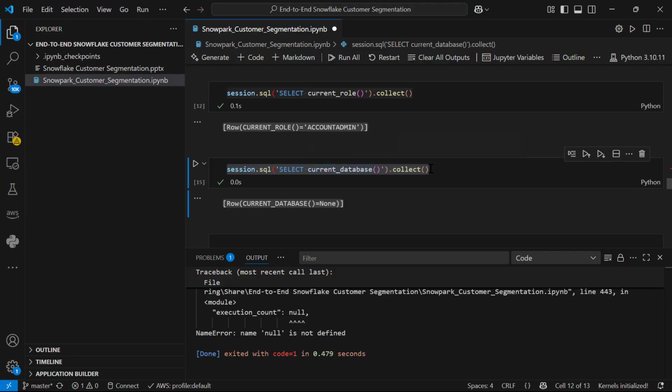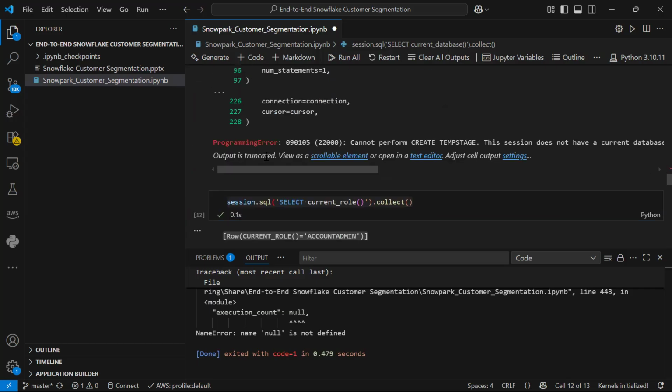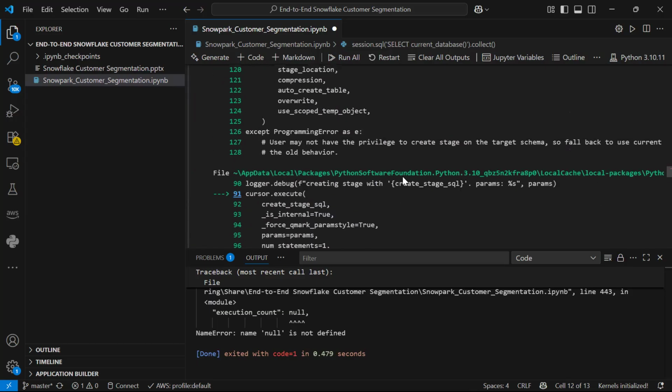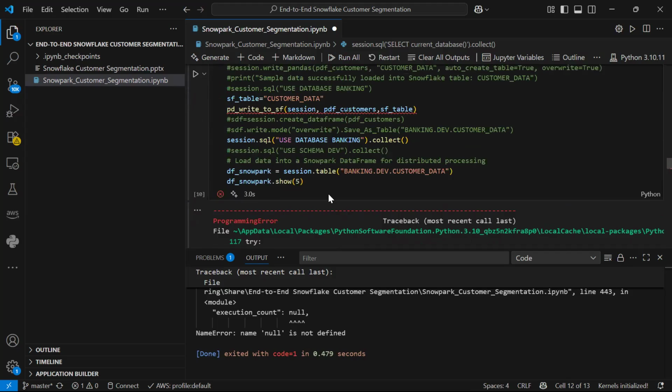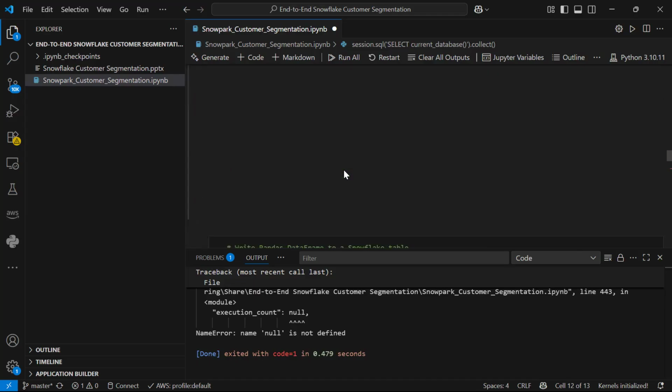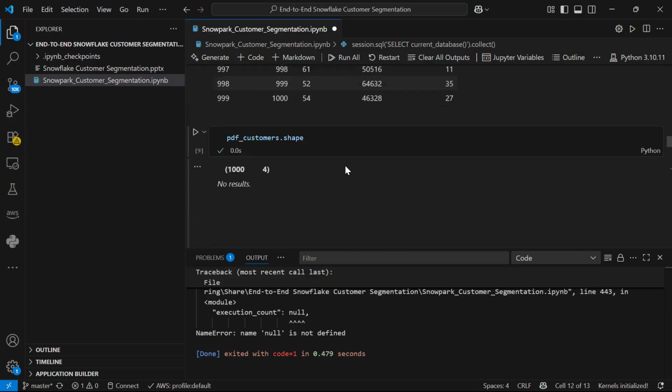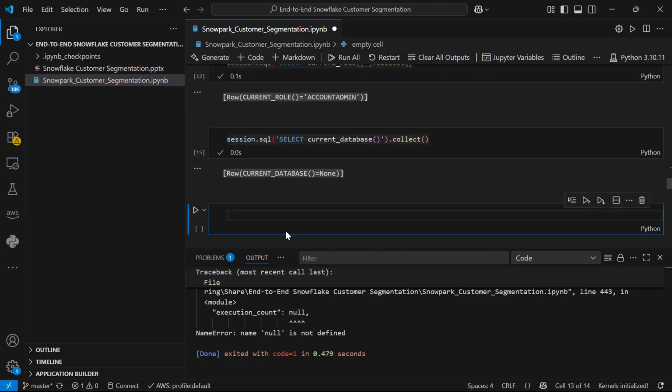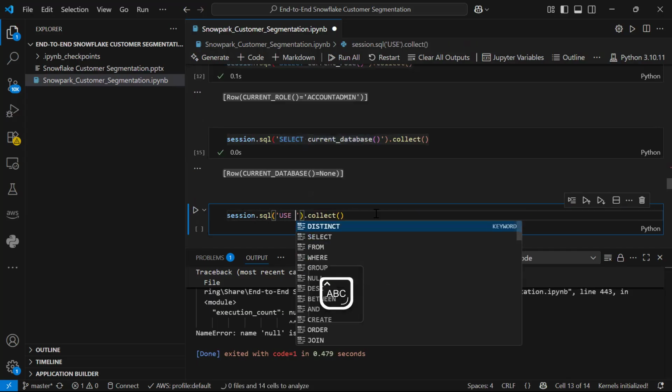Yes. Let me do one thing. When I'm doing something like this, do that one, Sri, put use schema, use role, use database before that. We did that. Maybe we'll try that, 1 minute. Like this.